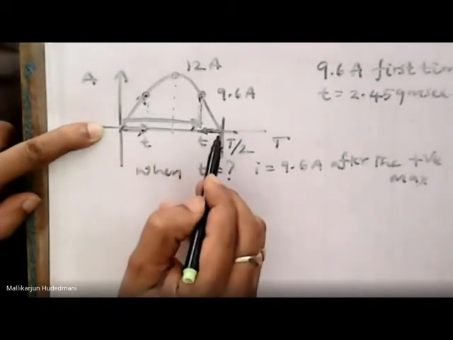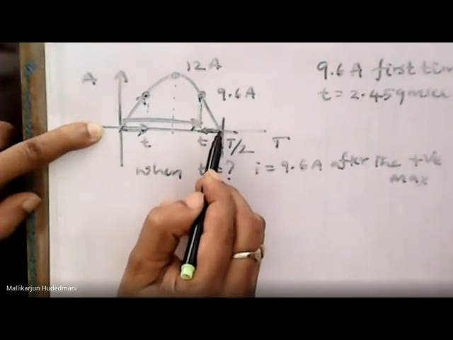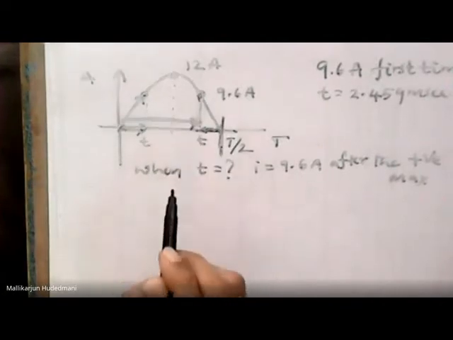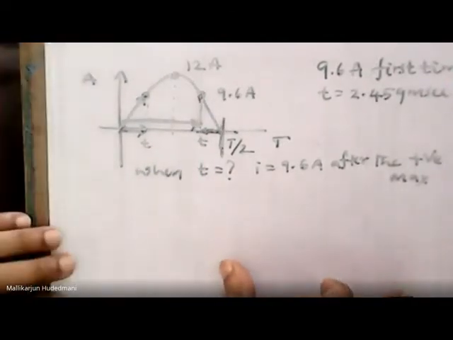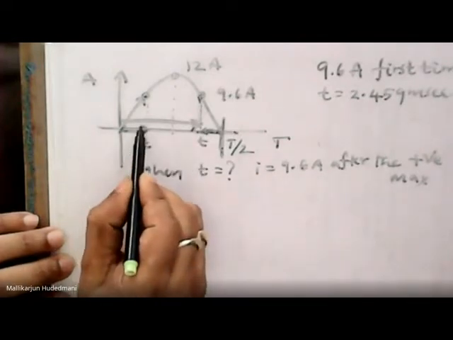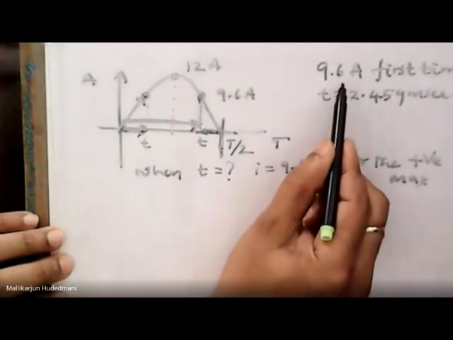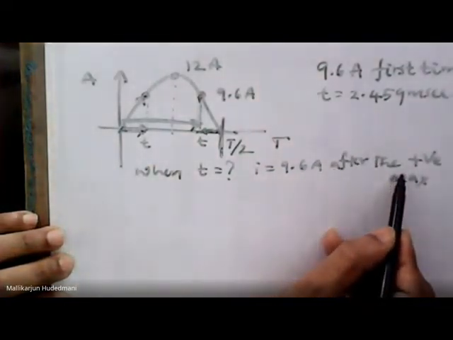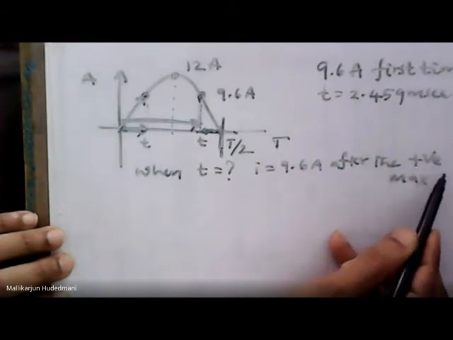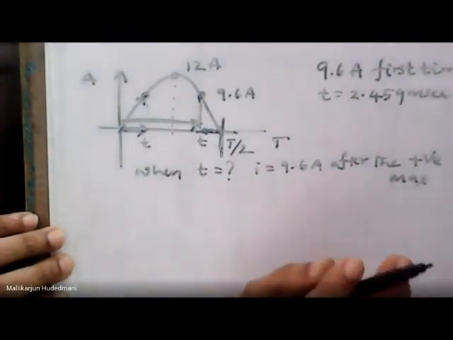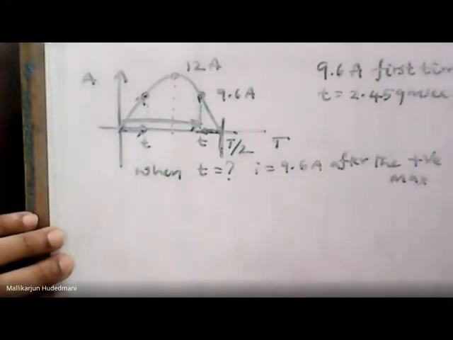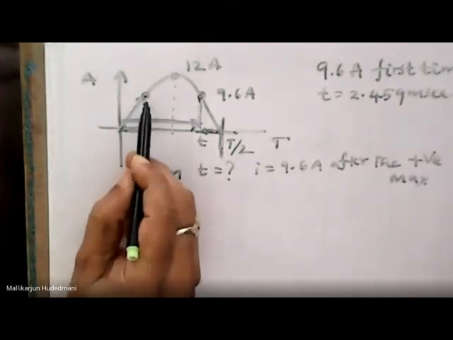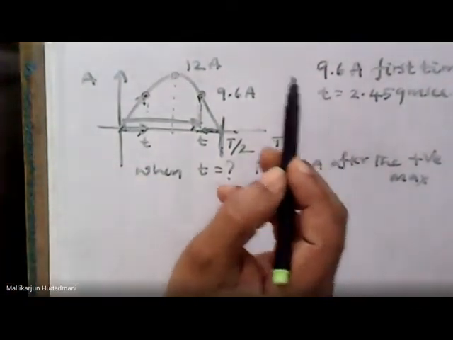the same value of 9.6 I can consider from this 0 mark towards the origin. What I mean here is, if I know the value of a quantity from the expression the first time, its value after the positive max, before the negative max, and after the negative max, I can calculate very easily. That's what I want to convey. You must know the value of a quantity the very first time. The very first time is like our 9.6 ampere first time.